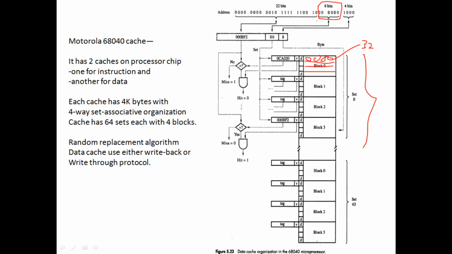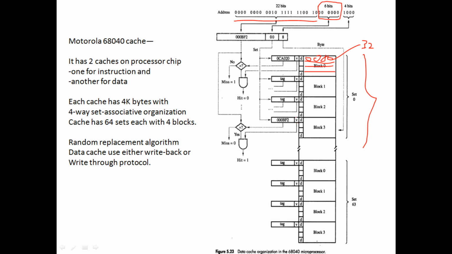Then next is this one. Next are these 22 bits for the tag, and these 22 bits will be compared with every one of these 4, to check whether they are equal or not. If one is equal, let's say 00bf2 is here, and this is compared with bf2 here. So if it is equal, yes it is equal, then it will check for a hit through the valid bit.